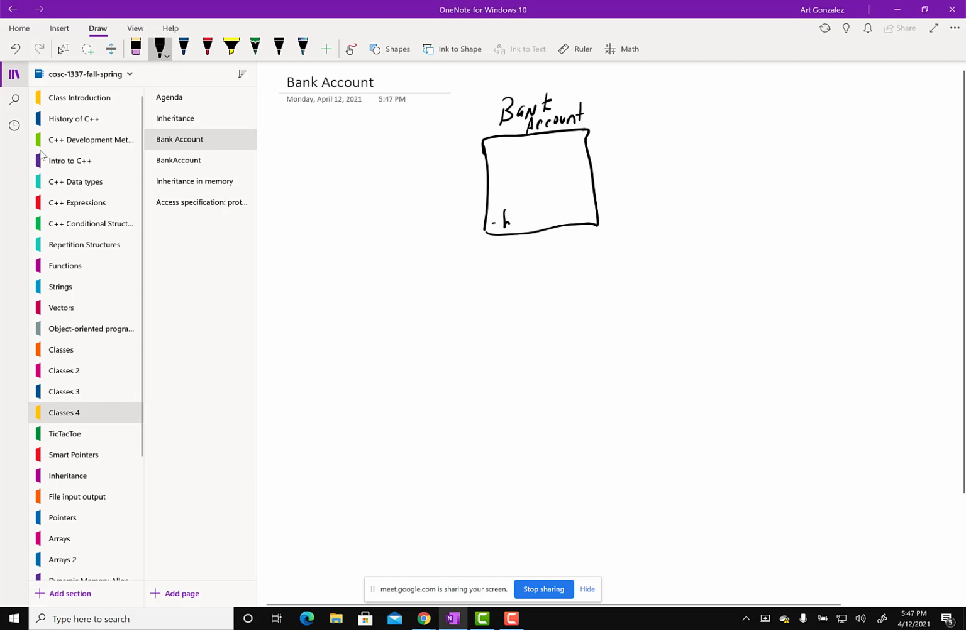and it has, we'll just deal with balance. We know we have the other private data, but I don't have a lot of space to write. So then we have public display balance, and then we have deposit, and then we have withdraw. So this class